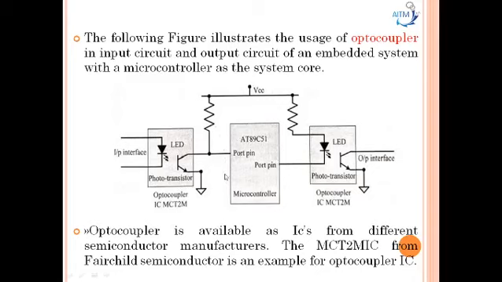Optocouplers are available as ICs from different semiconductor manufacturers. The MCT2M IC from Fairchild Semiconductor is an example of an optocoupler IC here.